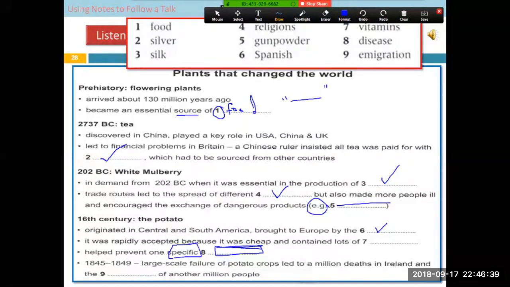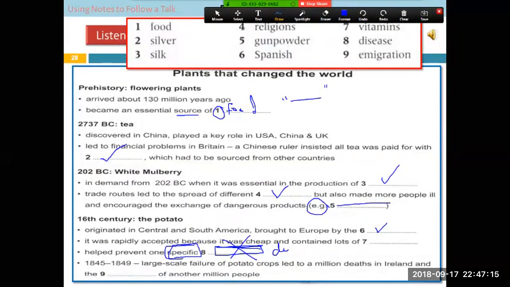No, that is wrong. It makes sense: one specific disease, and that specific was actually the name. That name was very difficult for you, and it is not a common name that everyone should know, so obviously they are not going to ask this in the exam. And even help prevent one specific, I can't write a name here, like one specific jaundice or one specific diabetes. It's not like that. That's right.